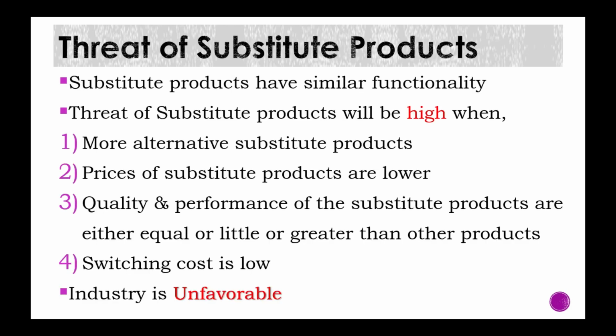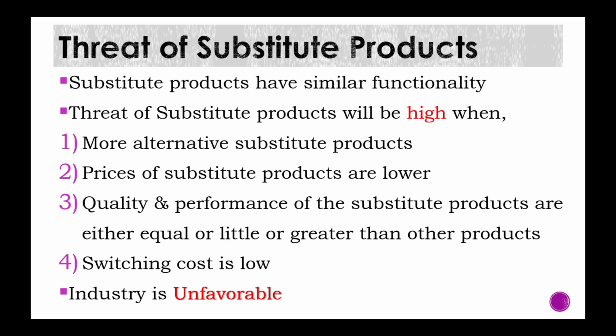Now let us understand what is threat of substitute product. The substitute products are the alternative products which have similar functionality or value proposition the customers are looking for. Like in soft drink industry, customers can buy Thumbs Up, Pepsi, Coke, Sprite, Mirinda, 7-Up, etc. Even indirect substitutes like plain soda or even a water bottle if the purpose is just to kill the thirst. Therefore, the threat of substitute products will be always high when more alternative substitute products are available in the market